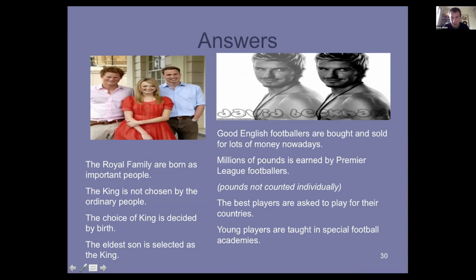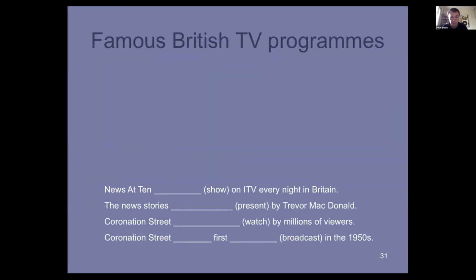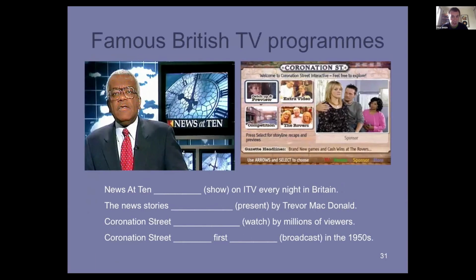Good English footballers are bought and sold for lots of money nowadays. Millions of pounds is earned by Premier League footballers, because we're not counting the pounds individually. The best players are asked to play for their countries, and young players are taught in special football academies. And again, just more examples that we use for reinforcement and to teach the students important things on British culture,